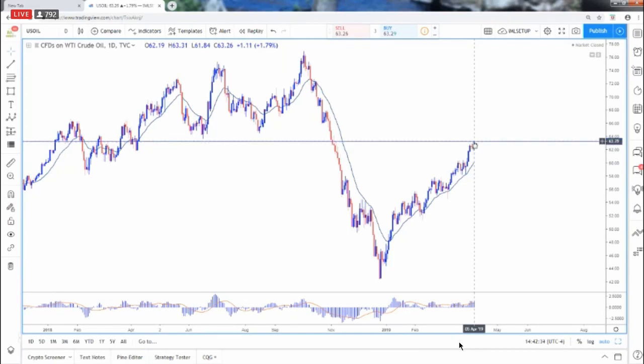But under these conditions, you can't do anything, right? You just have to wait a few days. So if we can get a pullback over the next week or so, then we'll mention it. Now